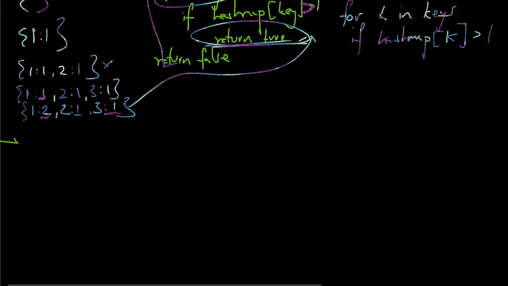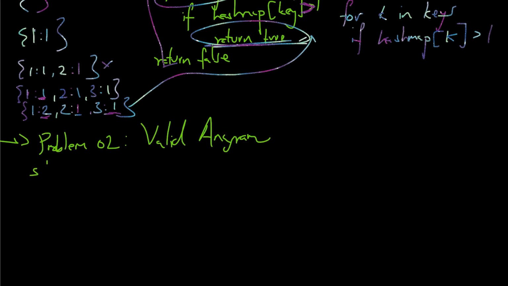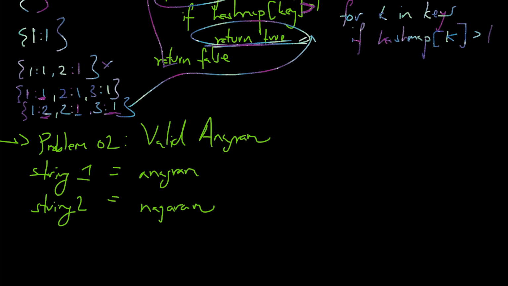The valid anagram. So this is your problem 2. You will be given 2 strings, so let's say string 1, string 2. An anagram is something where if the words are jumbled, they match. So something like anagram is equal to something known as nagaram. So you have each letter for everyone: A is there, N is there, A, G, R, A, M. So in this string 2, there should be all the letters that are available in string 1, even if they are jumbled.